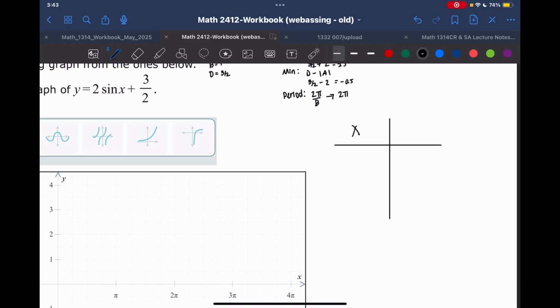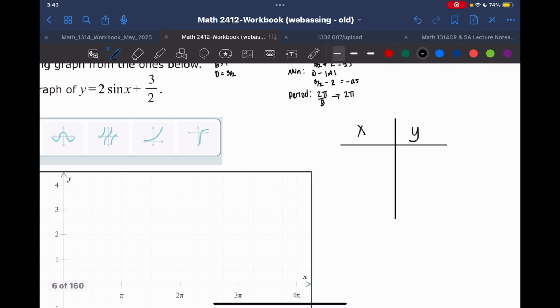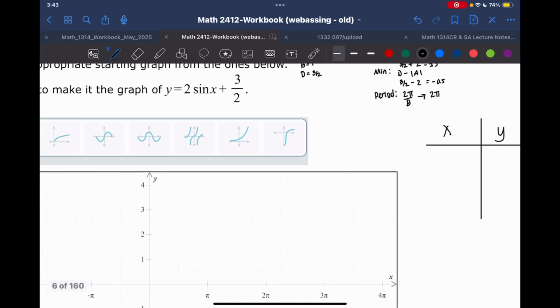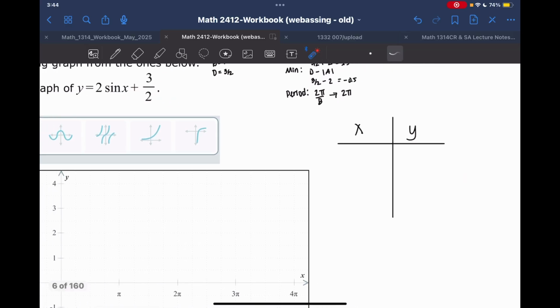So we have an x and a y. We know that our sine function starts at the origin, so because of the vertical shift up 1 and 1/2,